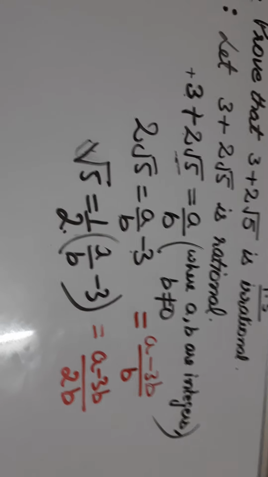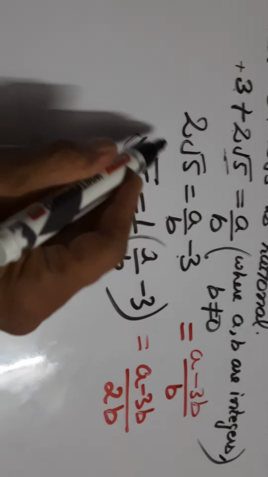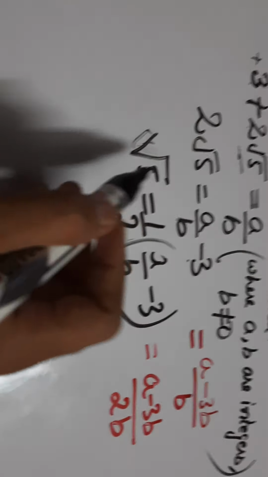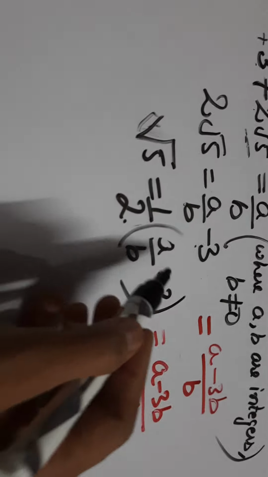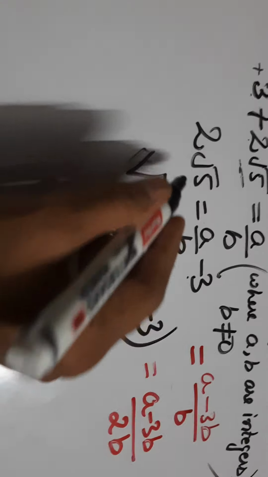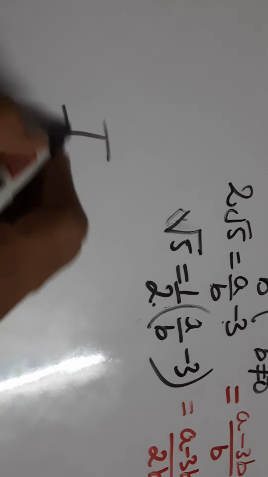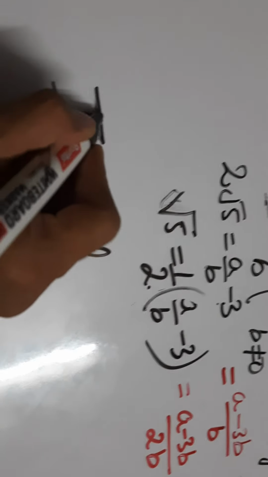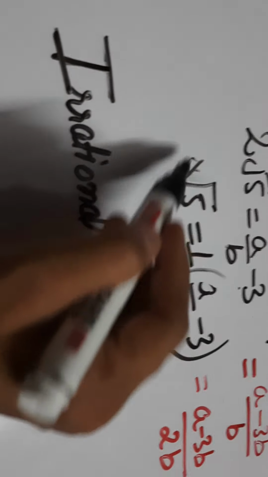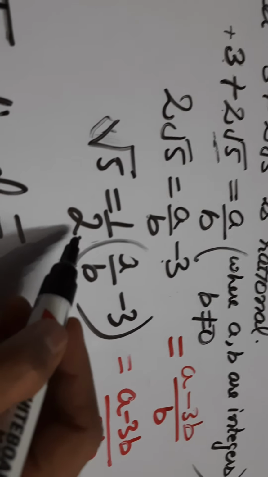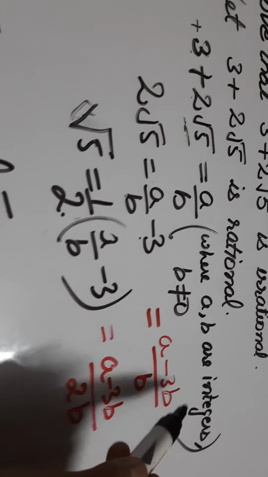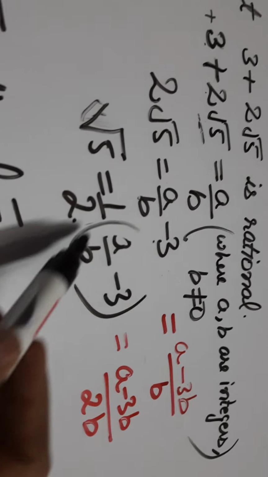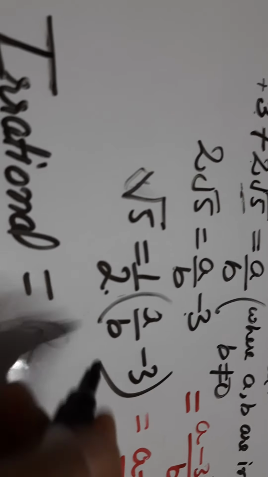So this is your second step, dear students, in which we have separated the irrational part and the rational part. Now root 5 by theorem, it is irrational. By theorem it is irrational because root 2 is irrational. That is the theorem. That means square root of any prime number. And because all these are integers, 1 is integer, 2 is integer, a and b are integers, 3 is integer, means if the combination of integers is there, that will give us an integer. That means it is rational.